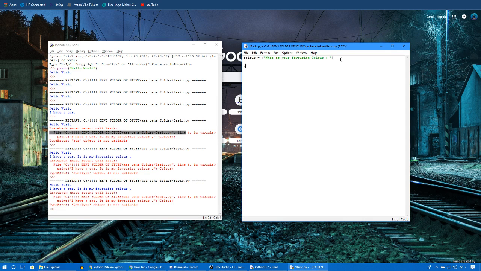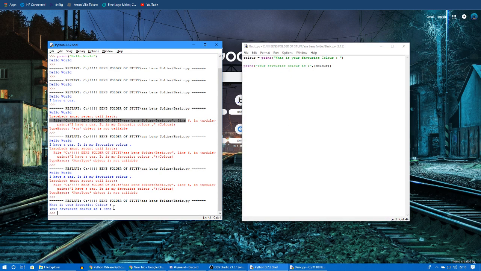So what we'll do is print, actually I believe print what's your favourite colour, and then print, we'll just test this with your favourite colour is, and then we'll close that there, then we'll do colour, and then close bracket there, and then run module, okay, and then